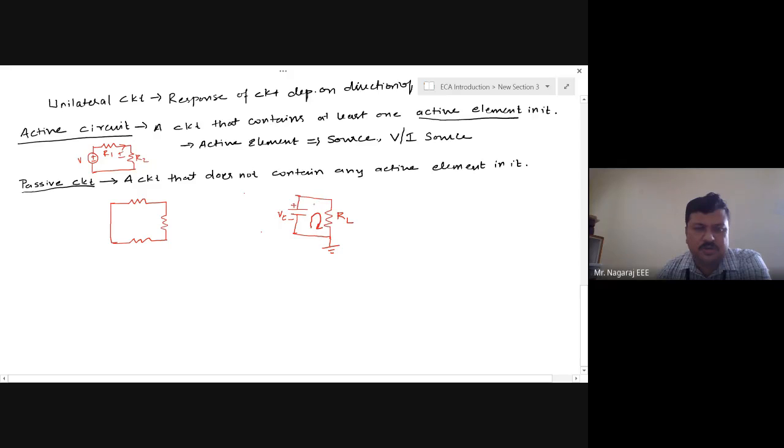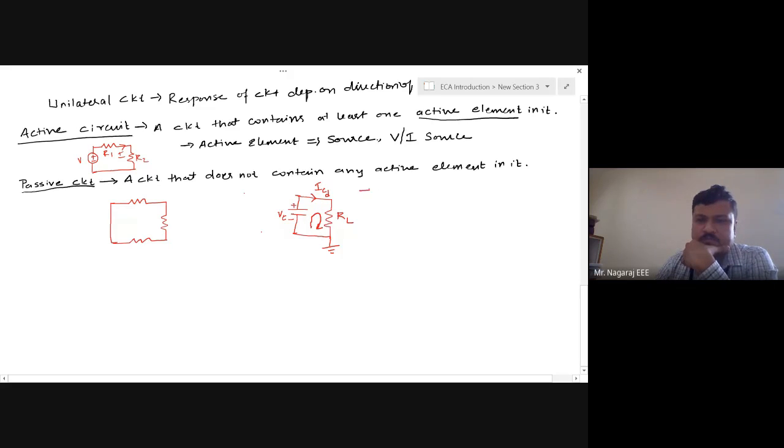Now discharging means what? Capacitor is giving out some current, ICD. I will call it the capacitor discharge current. Without any active source, the circuit is still carrying current, still having some potential difference in it. This circuit consists of all passive devices. Capacitor is a passive device, resistor is also a passive element. A passive circuit does not always mean that it is not doing work.